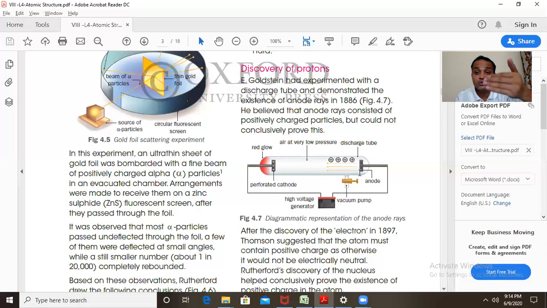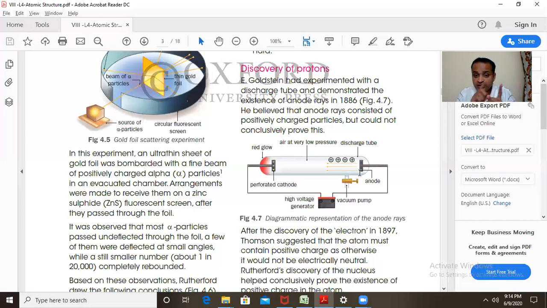He could not reach up to that point. Because in science, we always move step by step ahead. All the results do not come at one time itself. So what he did, by carrying out the experiment, he found that these anode rays were traveling towards the